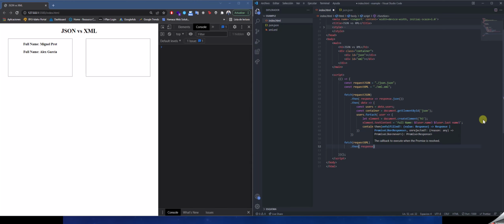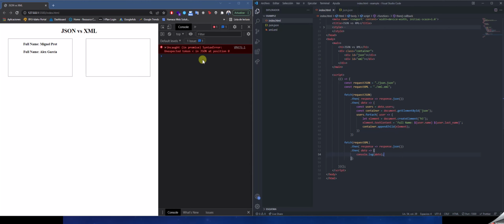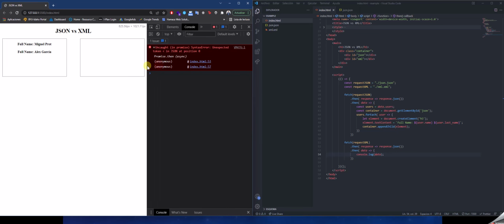Response equal to response.json, and okay, with the data we're going to use a console log data. Like you can see, we're getting an error inside the promise because it says unexpected syntax and shows this symbol,